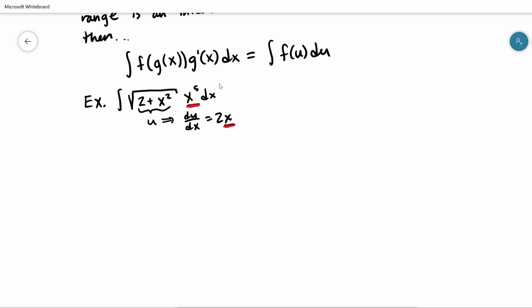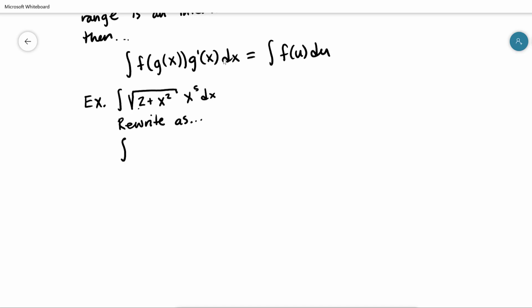And I don't have an x, I have an x to the 5th. So this is going to be our approach. Let's do that substitution, but let's break that x to the 5th up into x times x to the 4th. So I'm going to anticipate that I want an extra factor of x, so I'm going to start by rewriting this